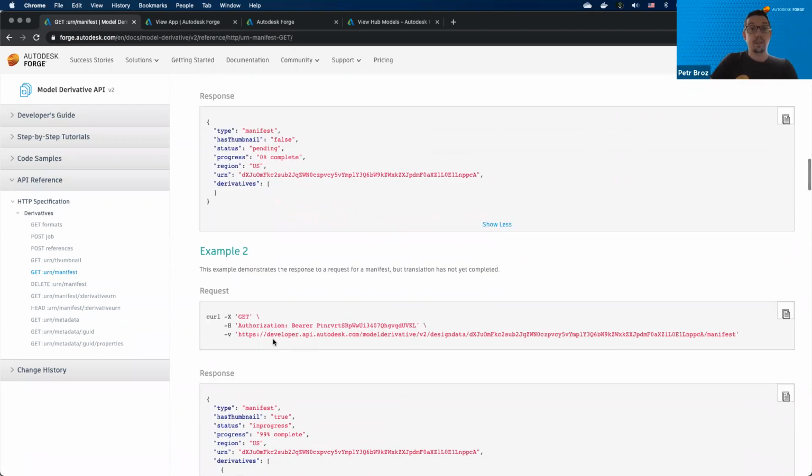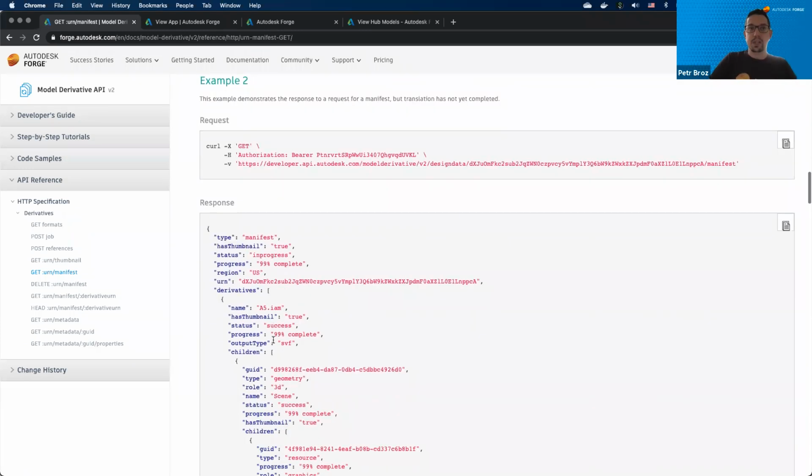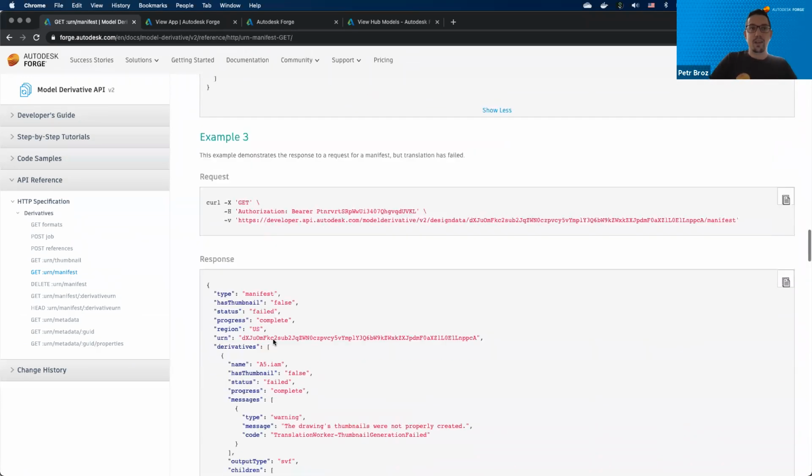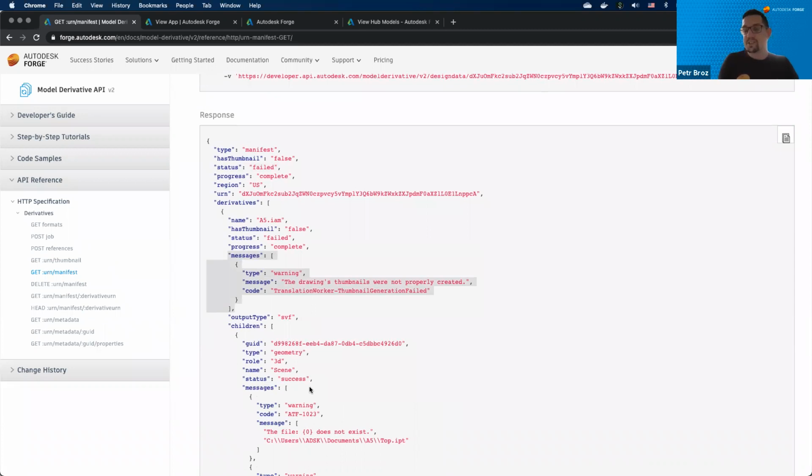And similarly, it's also possible that maybe the design was successfully uploaded to Fusion Team or BIM 360, but the translation of it failed, right? So if you really want to be thorough and make your UI really clean and informative, you could also check that, in case you get a response looking like this, status failed, right? In that case, you can look for some additional details about the failure, like message, right? And you can present that to your user instead of trying to start the viewer,